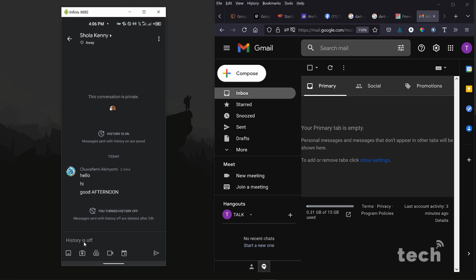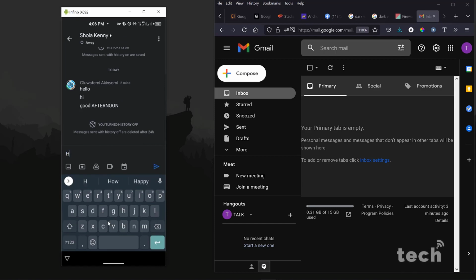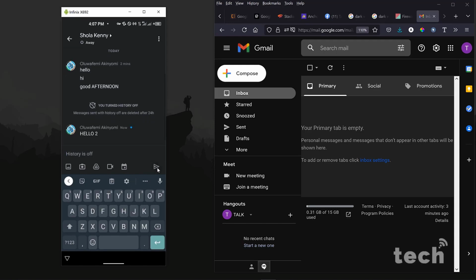It is from this point that I want to start to type a new one and say hello. This is where that effect will start from. So any message from this point downwards would be deleted after 24 hours. That is why it's saying here, messages sent with history off are deleted after 24 hours. Now, note all these ones at the top, hello, hi, good afternoon, will not be deleted because I sent them